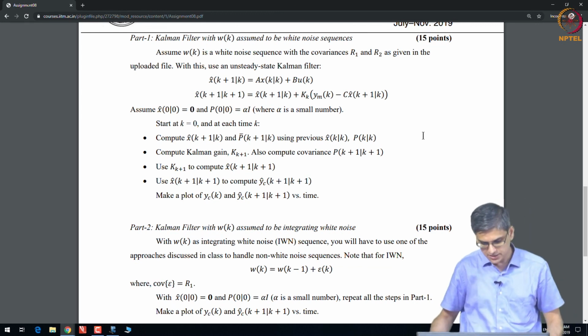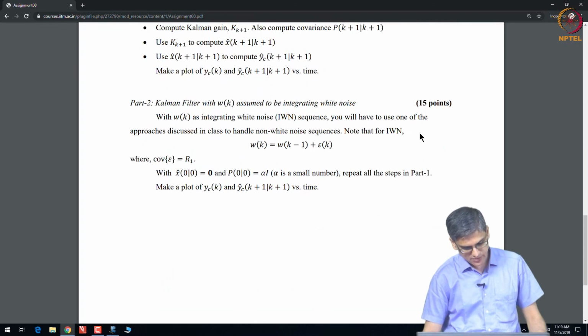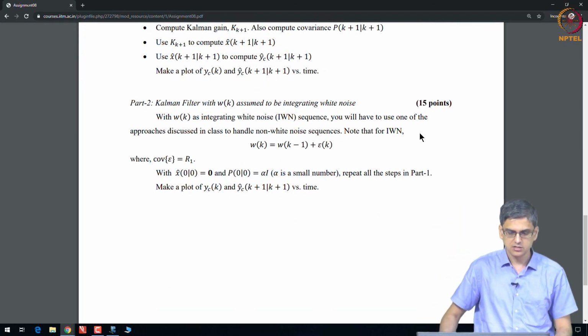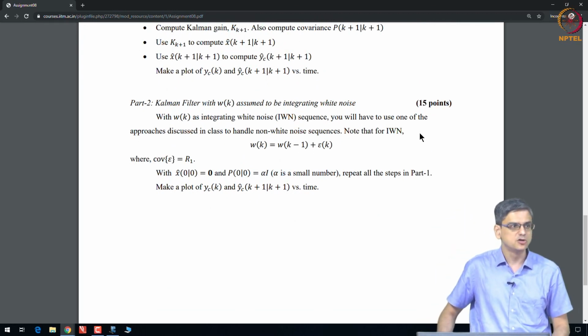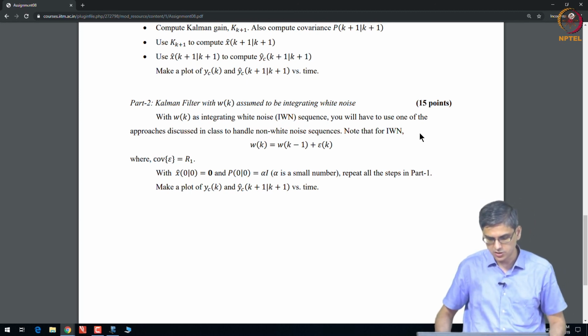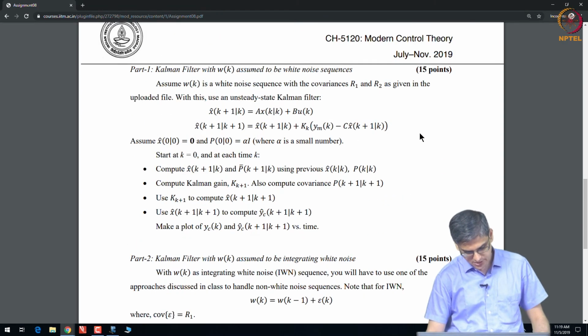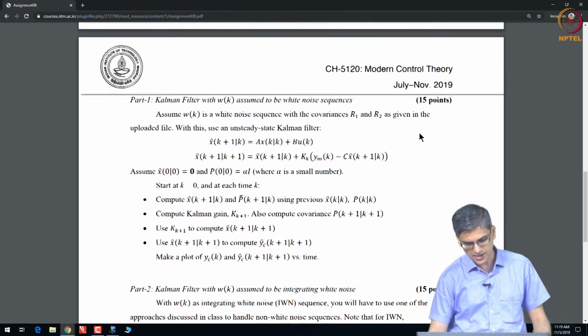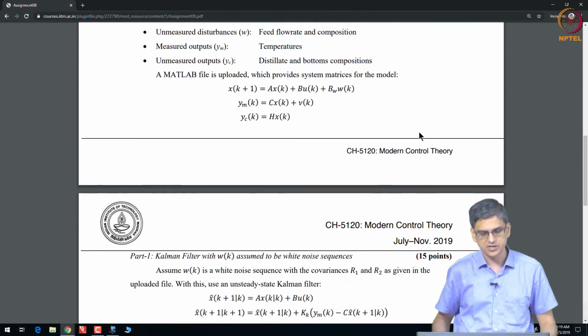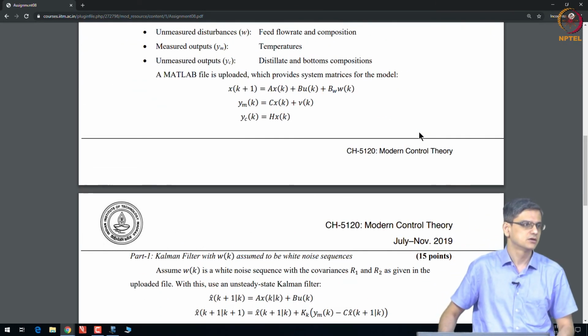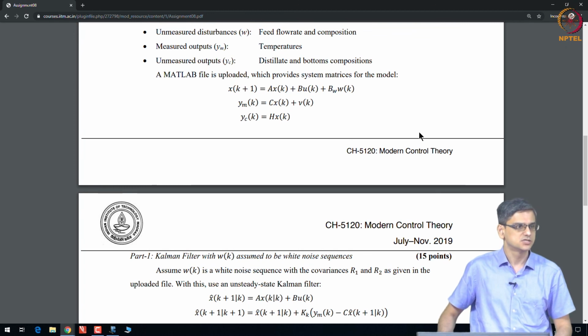The other thing that you will notice is that when you run this Kalman filter, assuming W to be integrated white noise, you will be able to track your XB and XD. So, W being an integrated white noise (IWN) sequence is a requirement for you to get a stable Kalman filter.